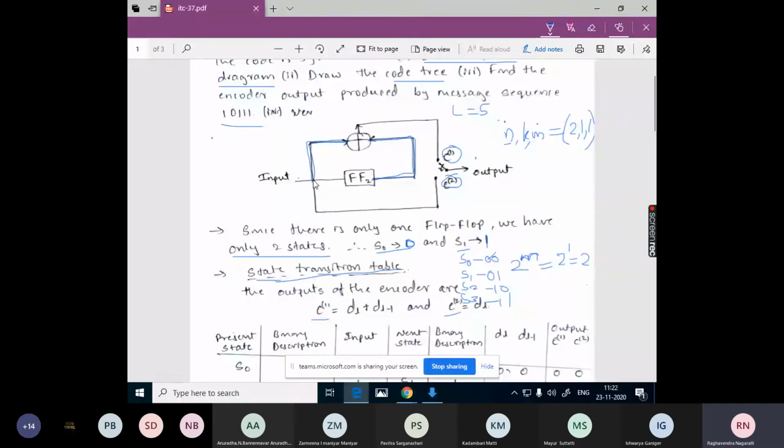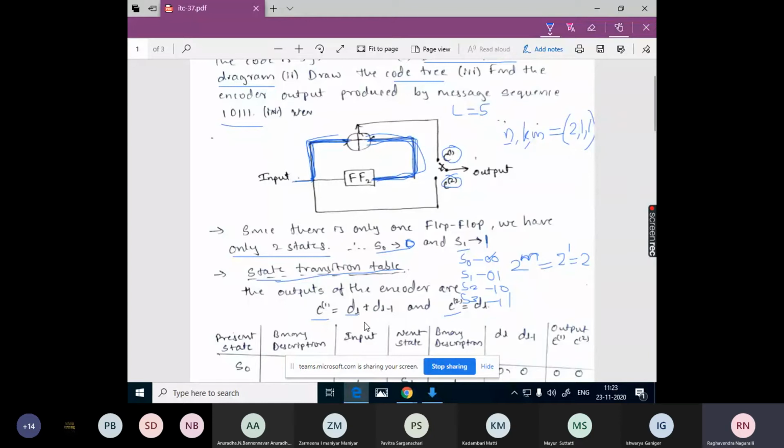Both these connections are affecting C1. This is the direct input, the current input, and this is one delayed input, that means the previous bit. So the output depends on the current bit and the previous bit. This is how we can understand dL and dL minus 1.